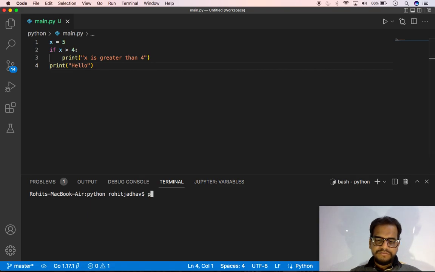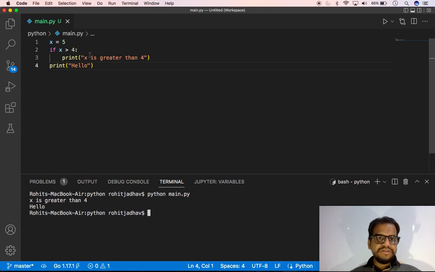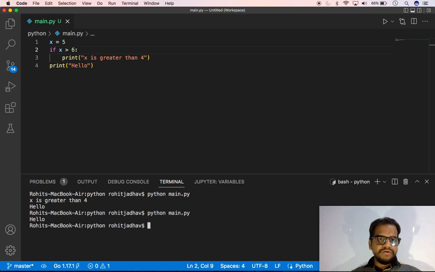using Python main.py and check. Yes, x is greater than 4, this condition is true. We can type 6 here, then the condition is not true, and it directly prints hello only. So this is how the if condition works. So we will check the if else condition. I will remove this one